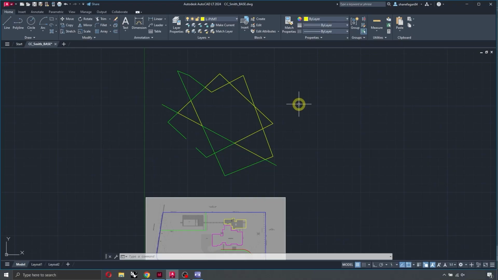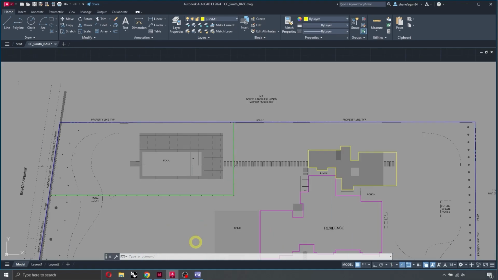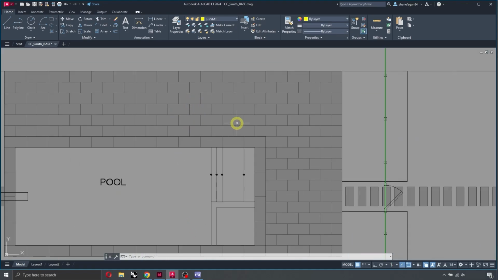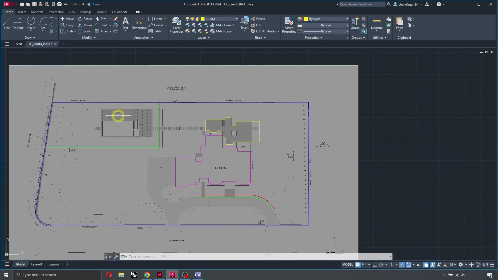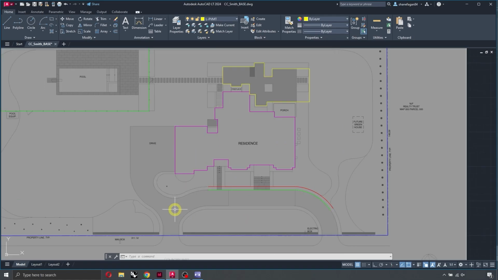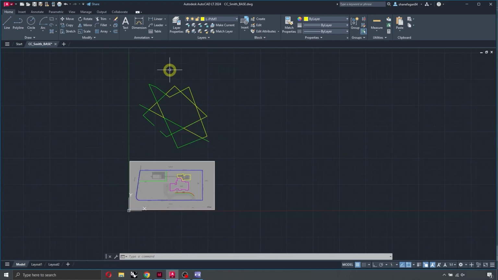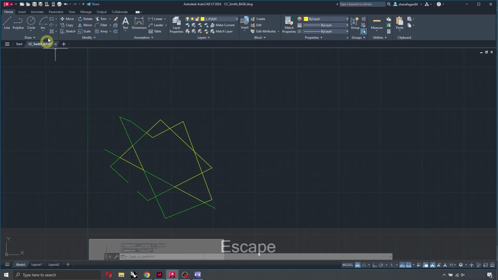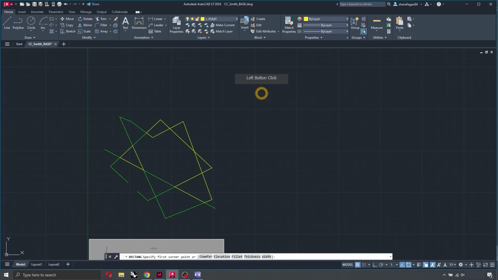Hatches are a big part of CAD. If you're not familiar with what a hatch is, even on this plan, this gray is a full solid hatch. Most of the time you see hatches with stripes or a cross hatch, or there's all sorts of patterns. So let's make a simple one before we start talking about,